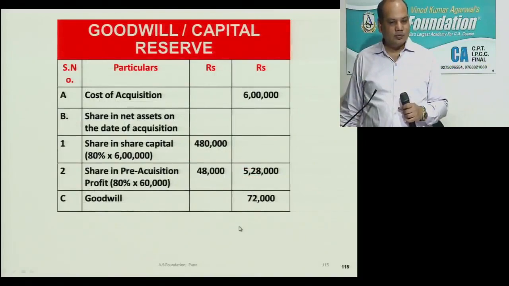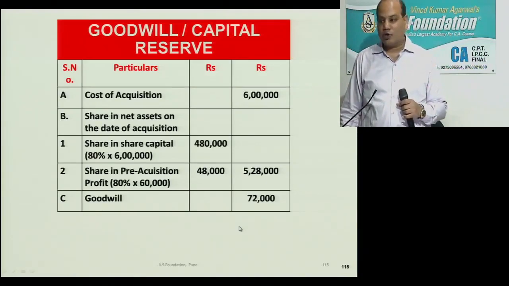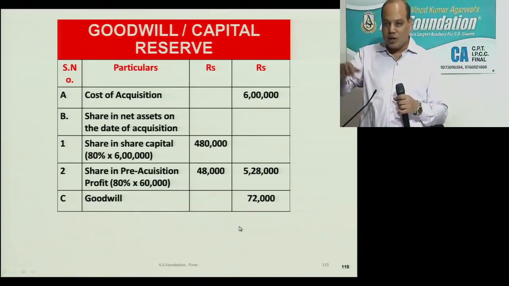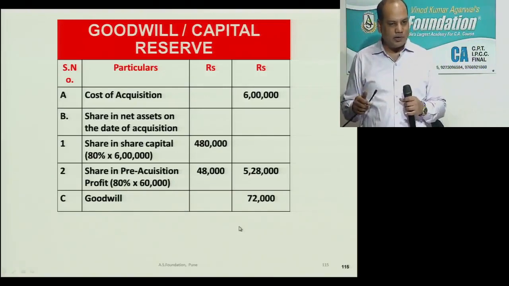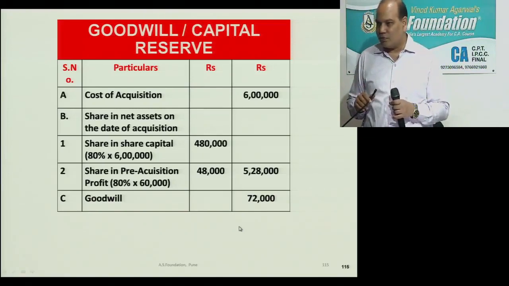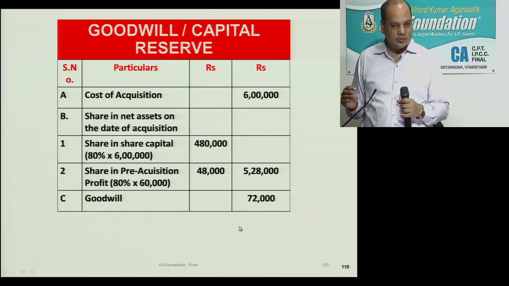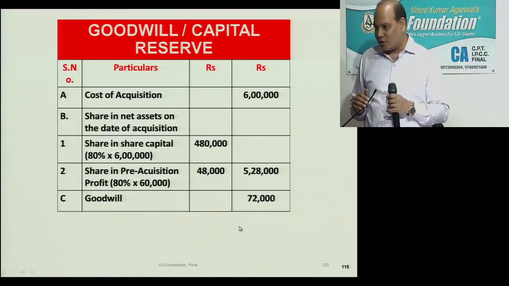However, this cross check may not work if there are some adjustments in the profit figure of the subsidiary given in the adjustments in the problem. Then first you have to do those adjustments, then multiply by the minority percentage, and it will tally, but directly it will not tally from the question. For example, if revaluation gain or loss and depreciation etc. is given, it will not work. If stock reserve is given, it will not work. Okay.